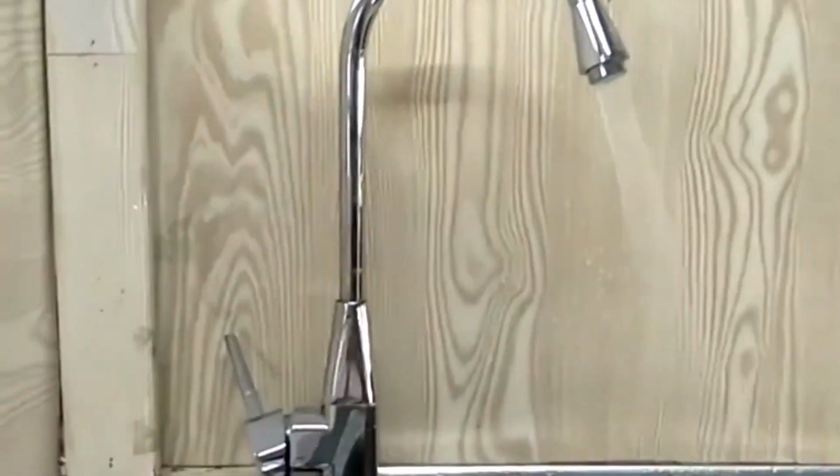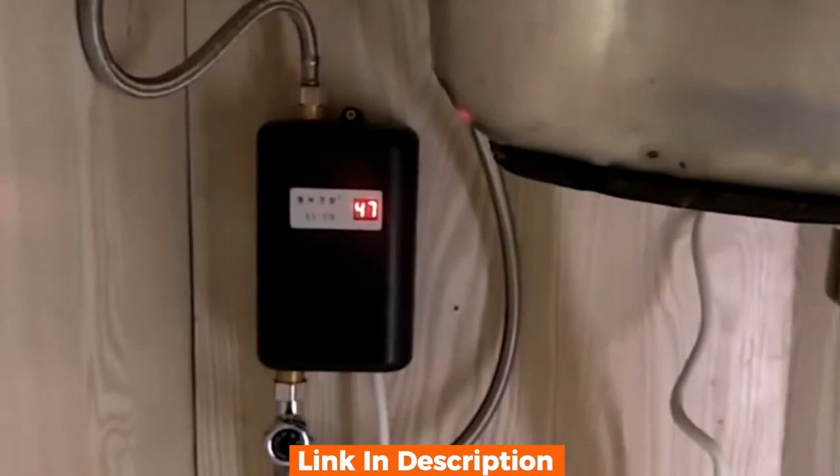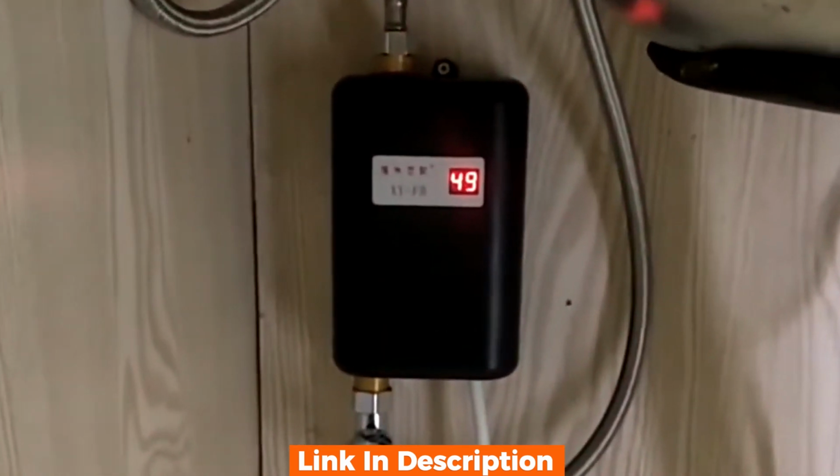Today, we have an exciting product review for you: compact 3 kW instant electric tankless water heater for kitchen and